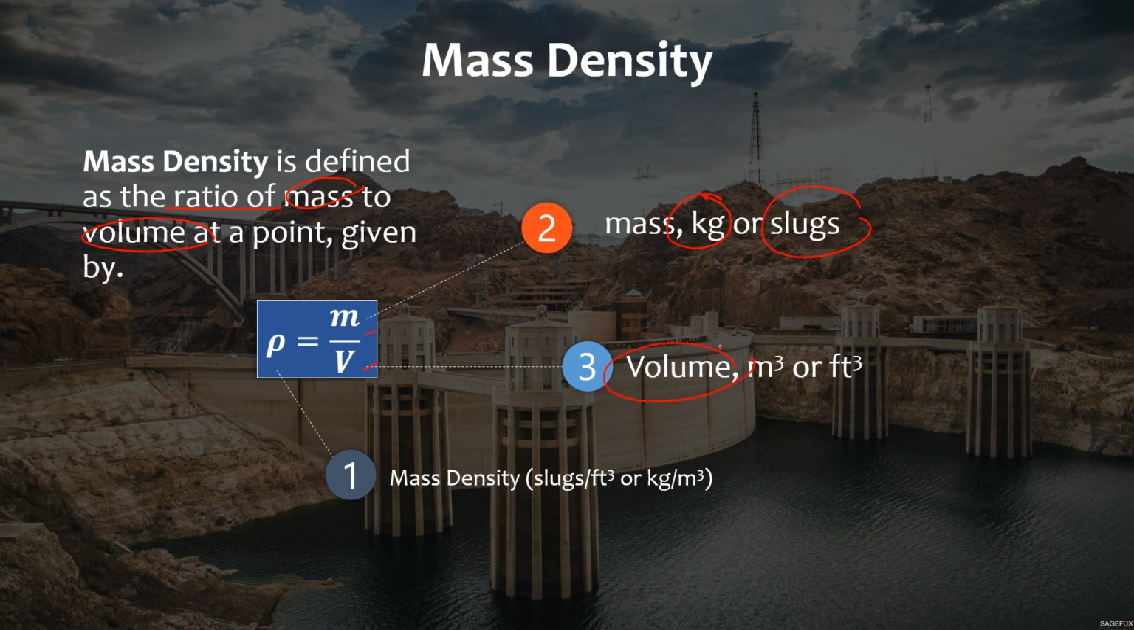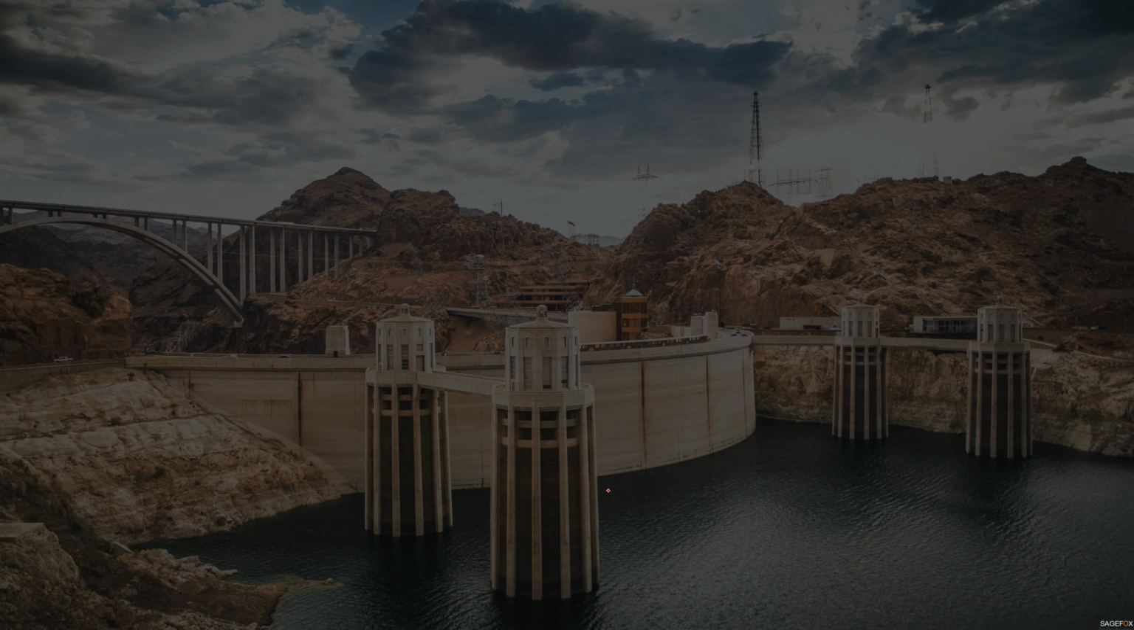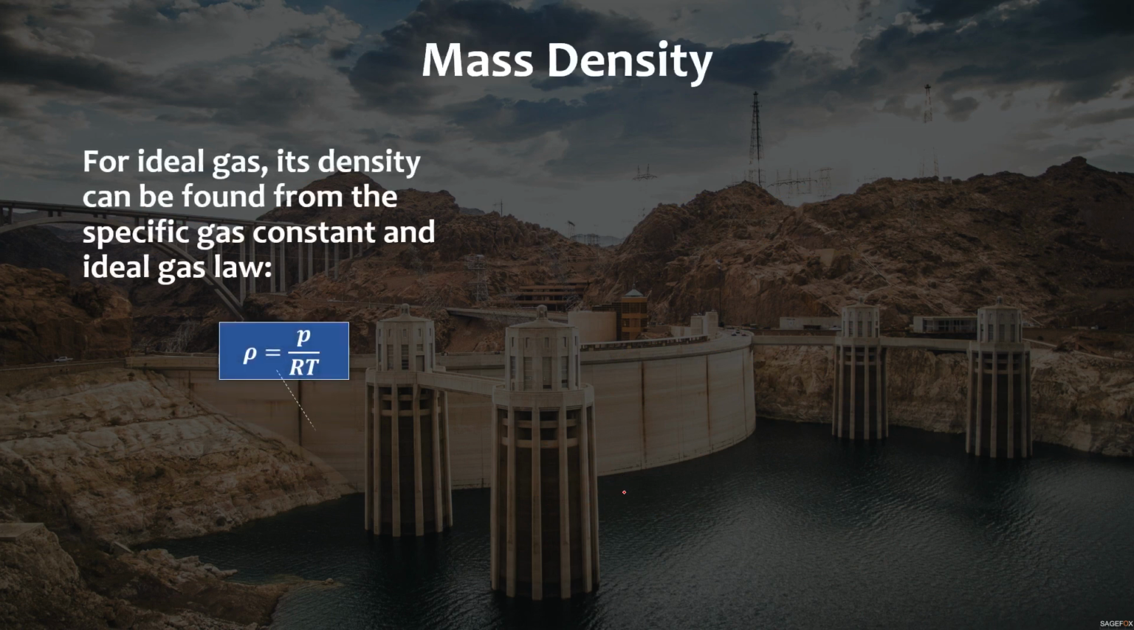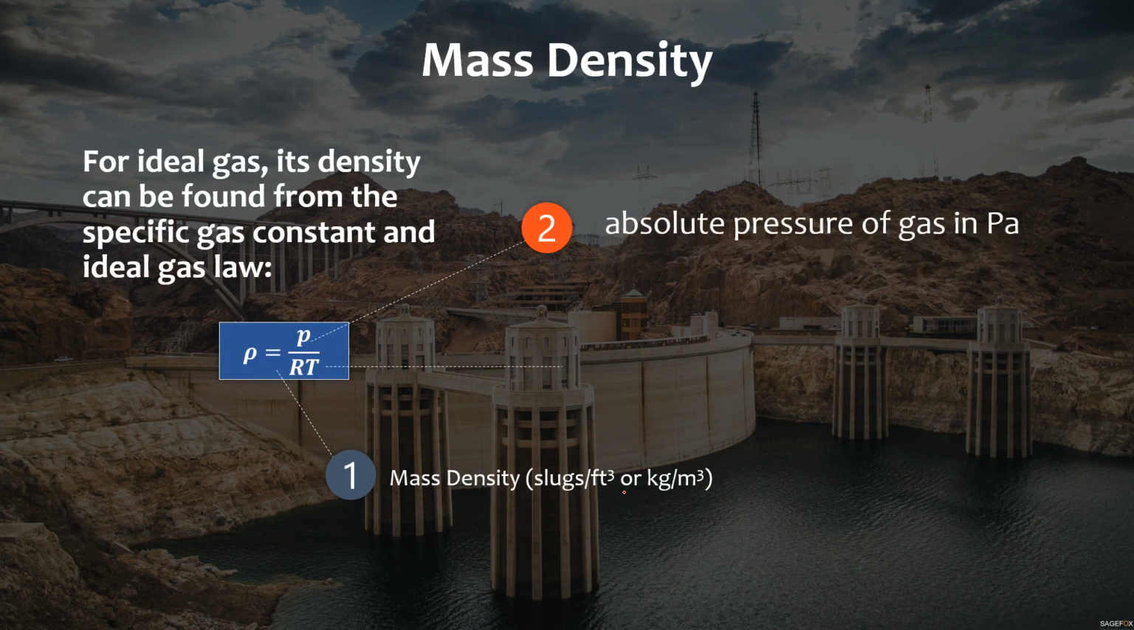Volume, it is in cubic meters, or in English system, cubic feet. So we have an equivalent unit for your mass density of kilogram per cubic meter. Pag English system naman, slugs per cubic feet. Yan. Kapag gases naman ang concern natin and we want to determine the mass density, okay, we have ideal gas